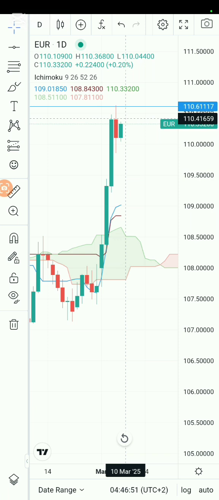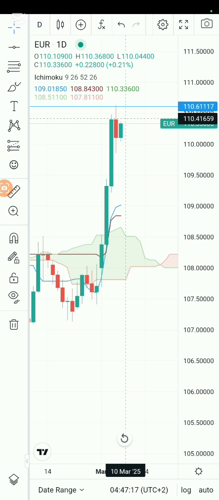Now, we might look for opportunities to go short on the euro USD, but it's likely to just range and not really give us that good price movement where we can actually make the most of the price movement. However, I did check again the Japanese yen, and I saw that the Japanese yen is likely to